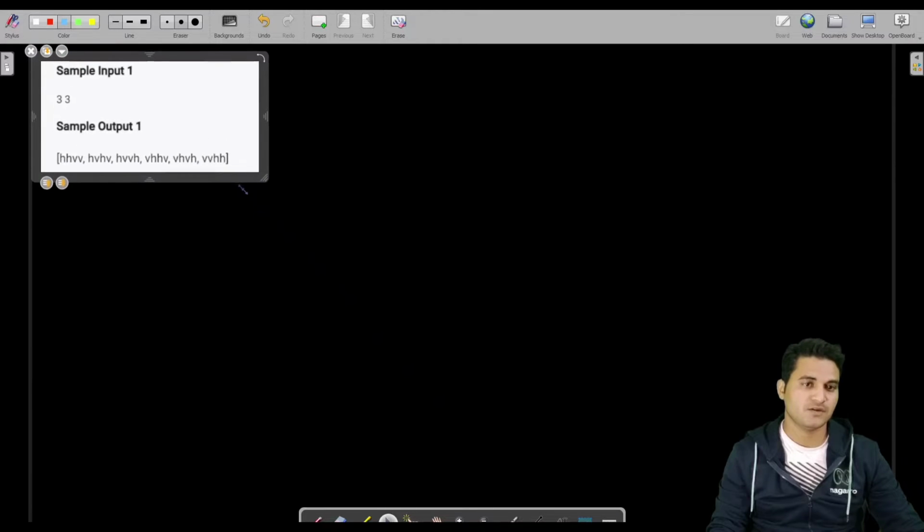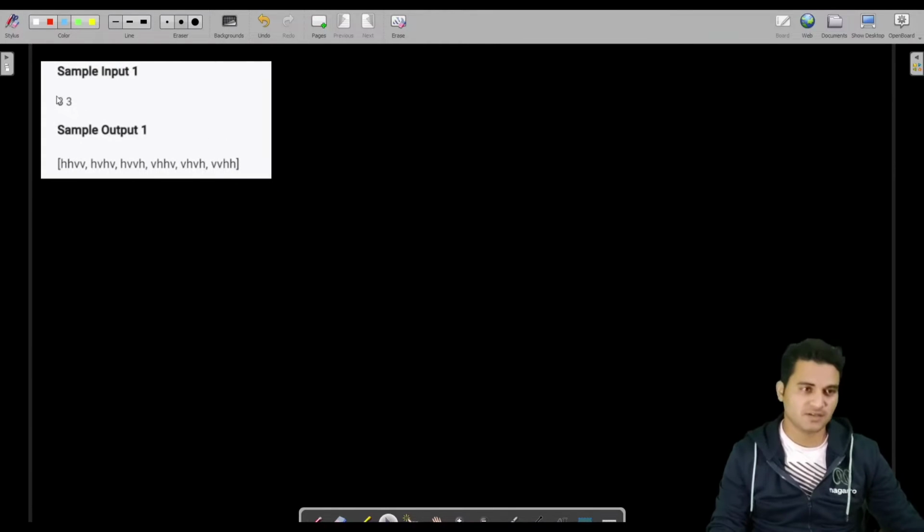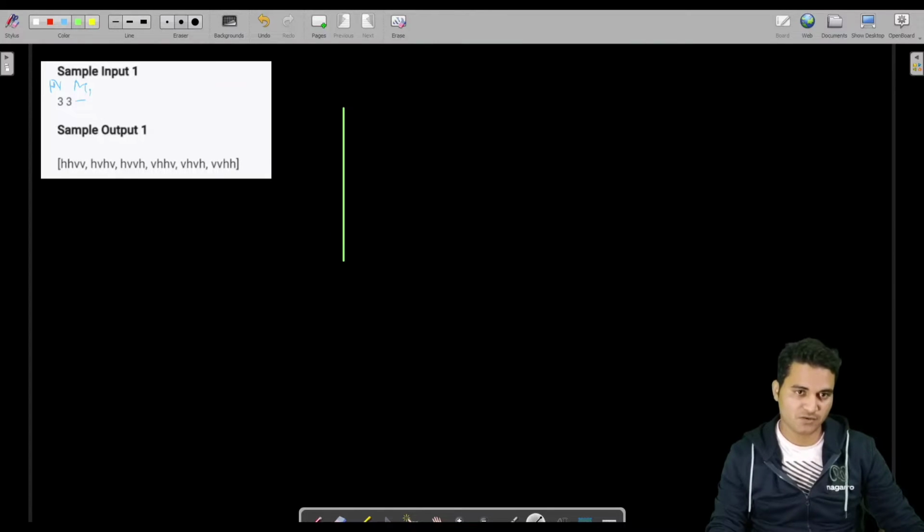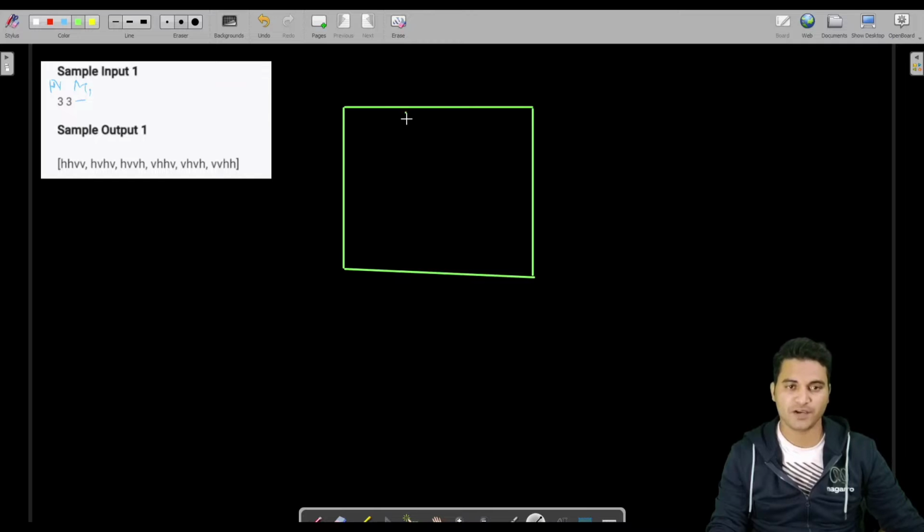What that means is, if you have been given this n and m, this is n, this is m, a maze of 3 into 3 size. This number can vary: 4 into 3, 4 into 5, 5 into 5, anything, but initially we have 3 into 3.